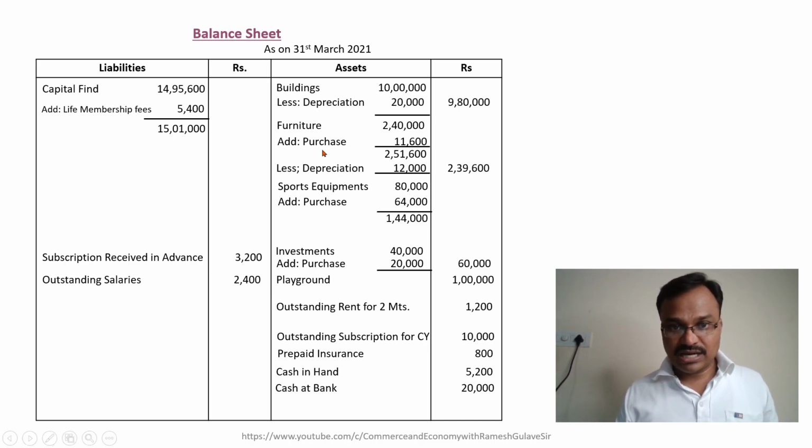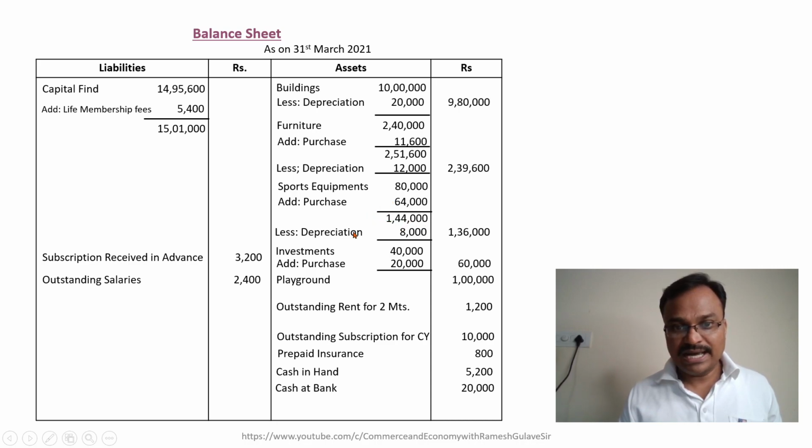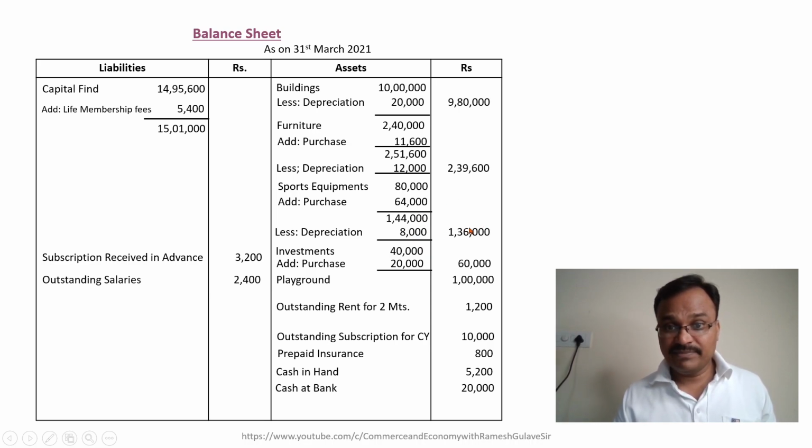So here we have now just depreciated the furniture at 5%, which is 12,000. Now we have to depreciate sports equipment at 10% on the opening balance, and the opening balance of sports equipment is 80,000. 10% on 80,000 is 8,000. And as the total balance of sports equipment is 1 lakh 44,000, 1 lakh 44,000 minus 8,000, the remaining balance is